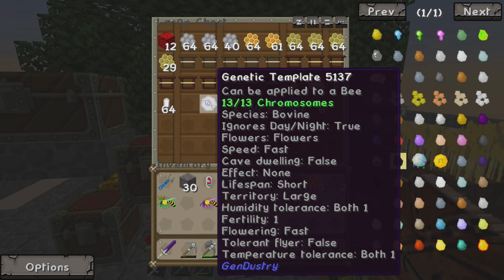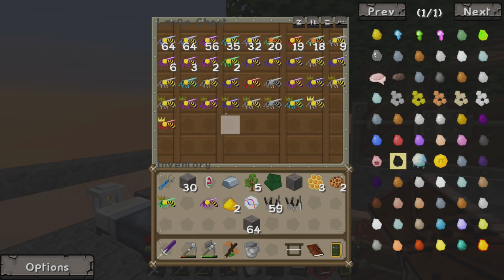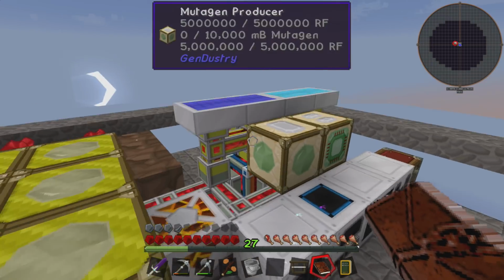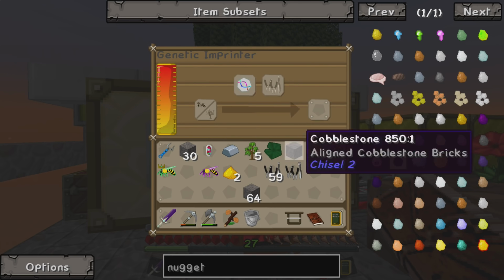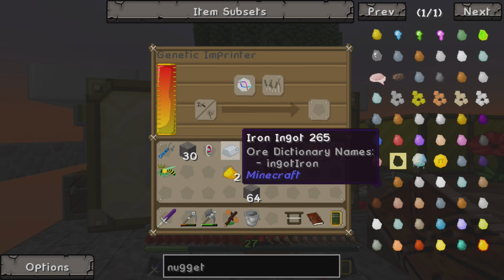Maybe this? 13 out of 13. Species, bovine, day, night, true. Flowers, speed, fast, cave dwelling, false. This looks pretty good. What do I do with it? What do I do? Keeping in mind that really, if I mess anything up, we should be fine, because we should be able to just have Mufasa come down here and hopefully give us a hand getting our items back. Knowing that does feel kind of cheaty,